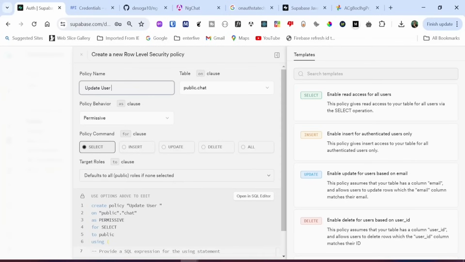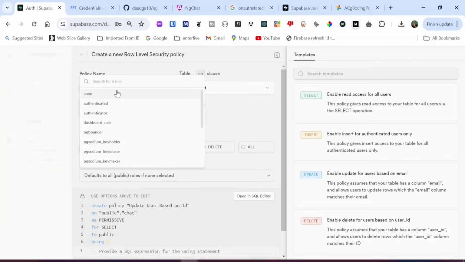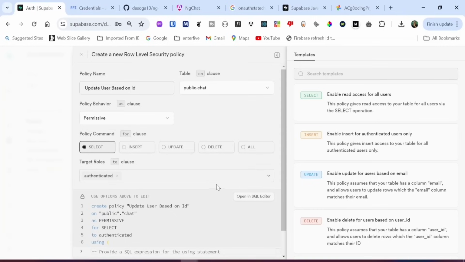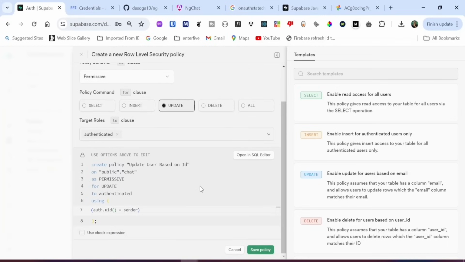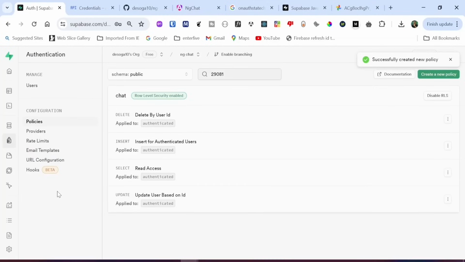So I'm going to call it update user based on ID. The public role is going to be authenticated, and then we're going to say if the auth.uid is equal to sender ID, then we are allowed to update the message. So you can only update a message if it's the message you created yourself. I'm going to save this policy, and those are all the policies we need to create for our message